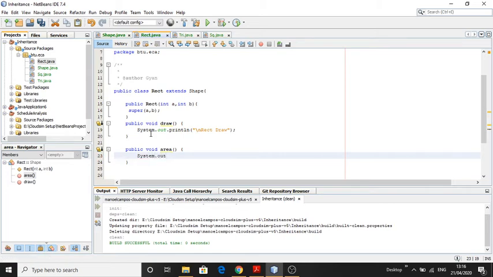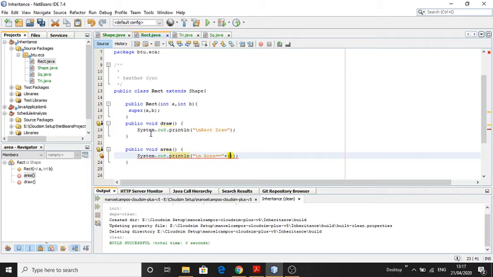System.out.println, next line, area plus, we will put the logic of the rectangle here.